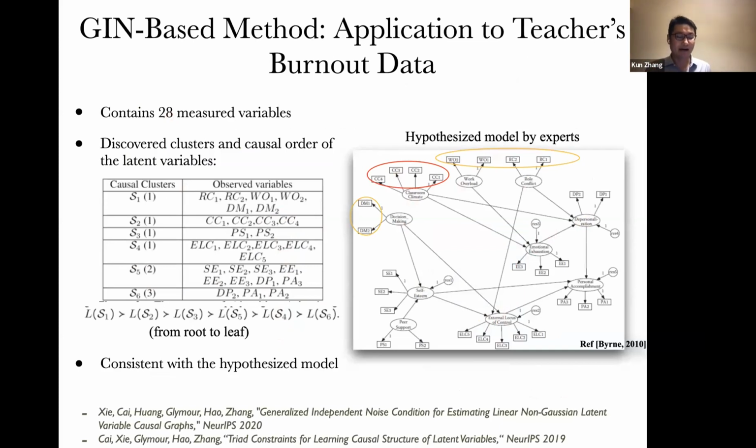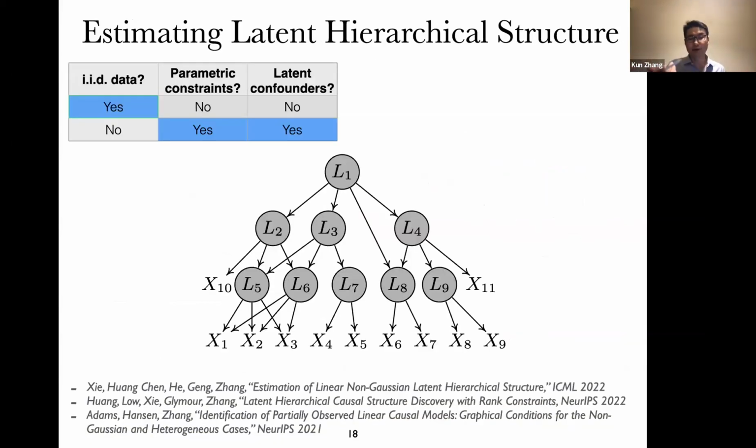So basically, we recover the same latent variables from data, and also we recover the same causal orders. This verifies two things, right? First of all, the hypothesized model given by experts is very good because it can nicely explain the data. On the other hand, you can see the computational method could be very useful if you want to discover the hidden world by making use of the model. Okay, you can go further. You can even recover this hierarchical structure by making use of this condition.